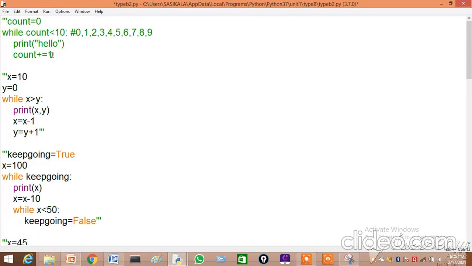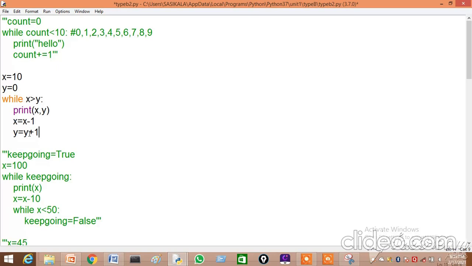Let us make this a comment, then only the next program will work. I am removing these comments. Okay, here we have initialized two variables, x is equal to 10 and y is equal to 0. What is the task we have assigned to it? We are asking the program to print the x and y values. And one more thing, we are giving here x is equal to x minus 1. At every execution, the x value will be decremented and the y value will be incremented.